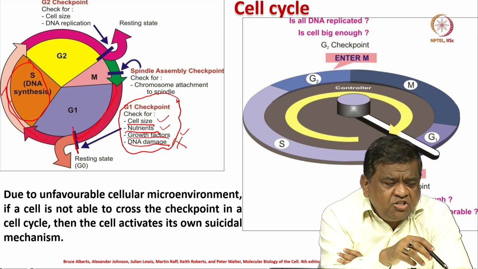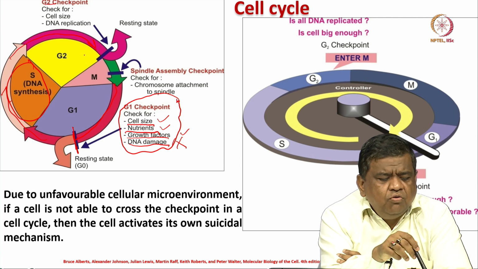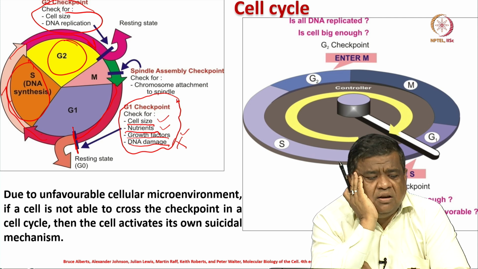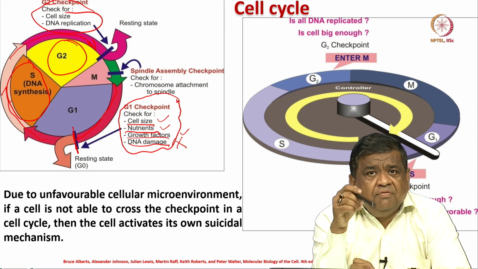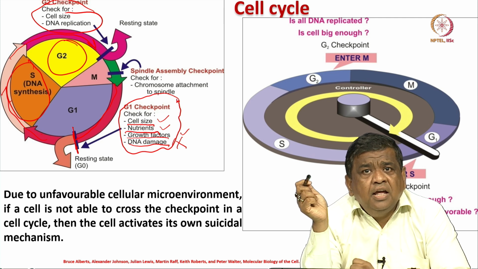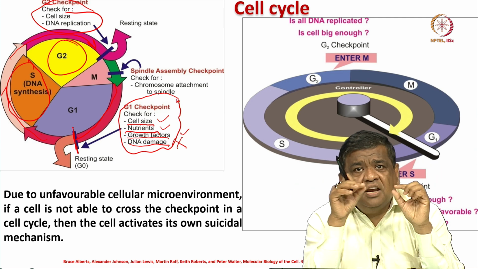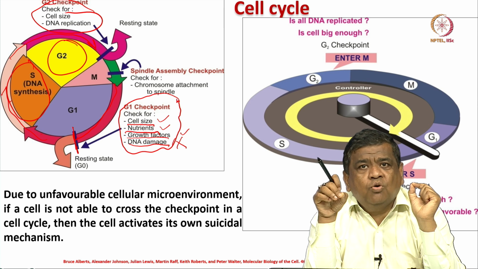Then again there is a checkpoint, the G2 checkpoint, and then it will go to the G2 phase. This checkpoint checks that cell size is maintained or increased and DNA is duplicated. So, if there is a small n number of DNA, it must form 2n number of DNA, because when a mother cell goes to 2 daughter cells, then n DNA should equally be transferred to the daughter cells.